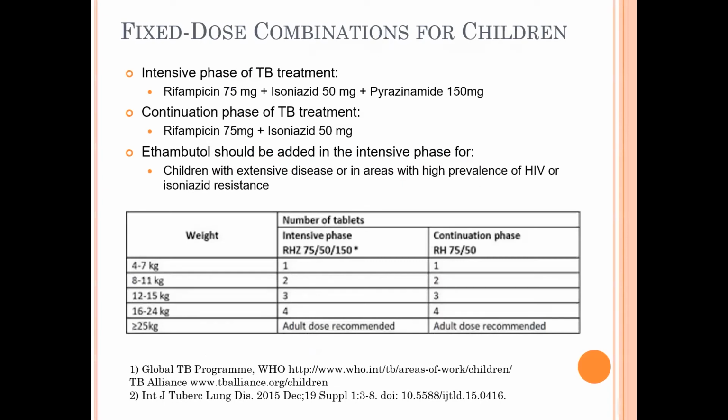The drugs they used were the fixed dose combinations that the WHO approves based on the weight chart here. So in the intensive phase, they used the rifampin, INH, pyrazinamide plus or minus ethambutol, and in the continuation phase, the rifampin INH combination based on the patient's weight here. And I have to tell you, we are jealous. We wish we had these regimens here in the United States. We're still crushing tablets.